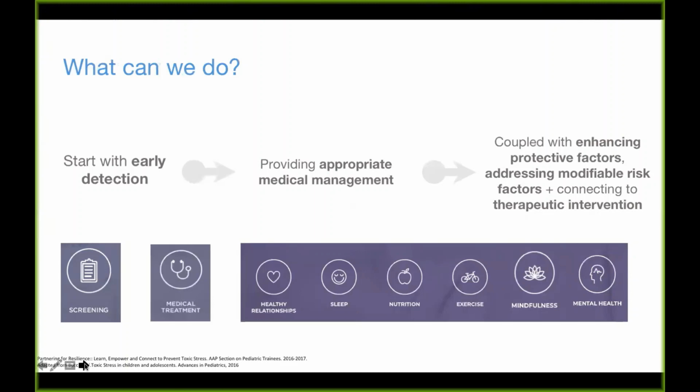The second category of intervention is about addressing other modifiable risk factors, such as transportation or housing barriers, that may increase insecurity and stress for families and can also create barriers to healthcare. And the third category is about linking children and families to therapeutic intervention, in particular, those who have been exposed to high doses of adversity. And with young children, this often means dyadic therapy for the caregiver and the child.